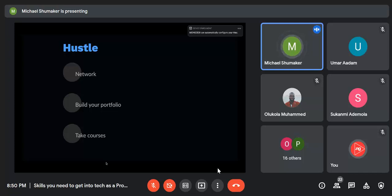Make sure you aspire to build a very good portfolio as soon as you can, and it's a living, breathing thing. So it's always going to change. It's always going to evolve. So build your first one, have something to show to document your progress and also for yourself so that you can know